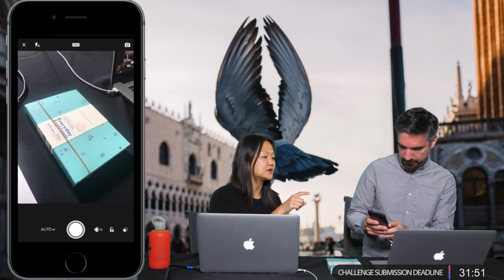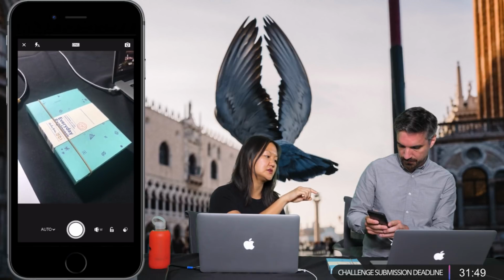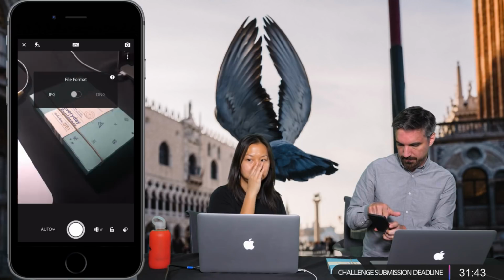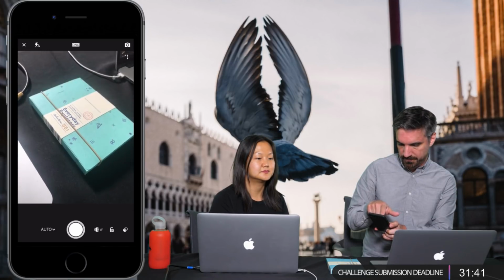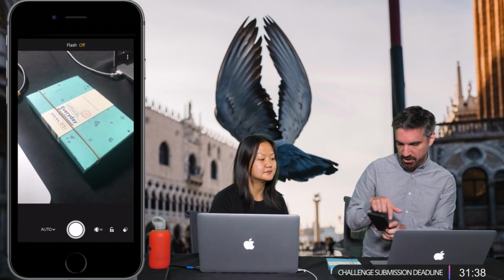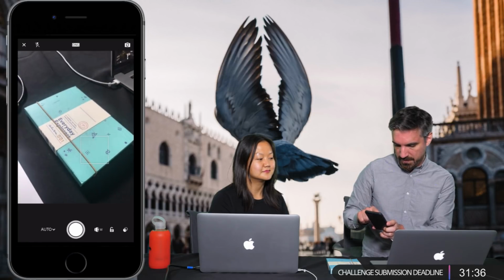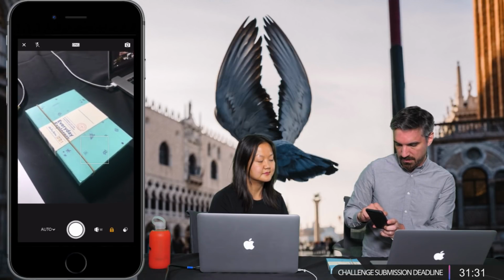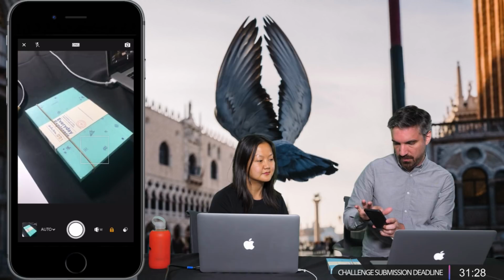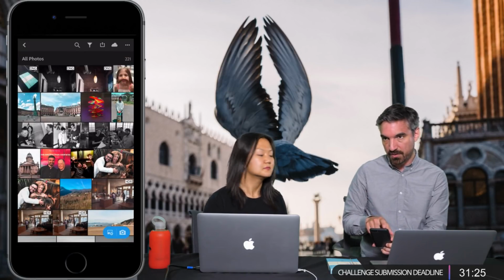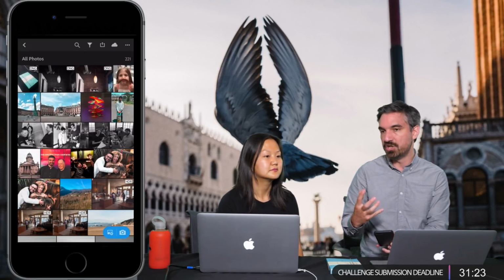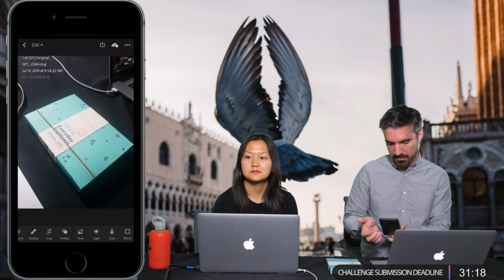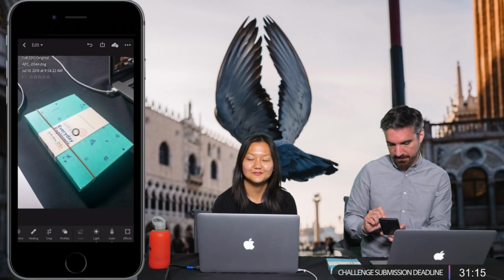And I think what's important to show here is how you can toggle between DNG and JPEG right at the top. Yeah, so here at the top center. Here we go. JPEG, DNG. Okay, control the flash. I mean, all the classic options. And once you lock the exposure, you take your picture. And now if you go back here, it shows you in the list of pictures that this is a DNG file. So this is a RAW file. There we go, DNG. And you can start editing everything.